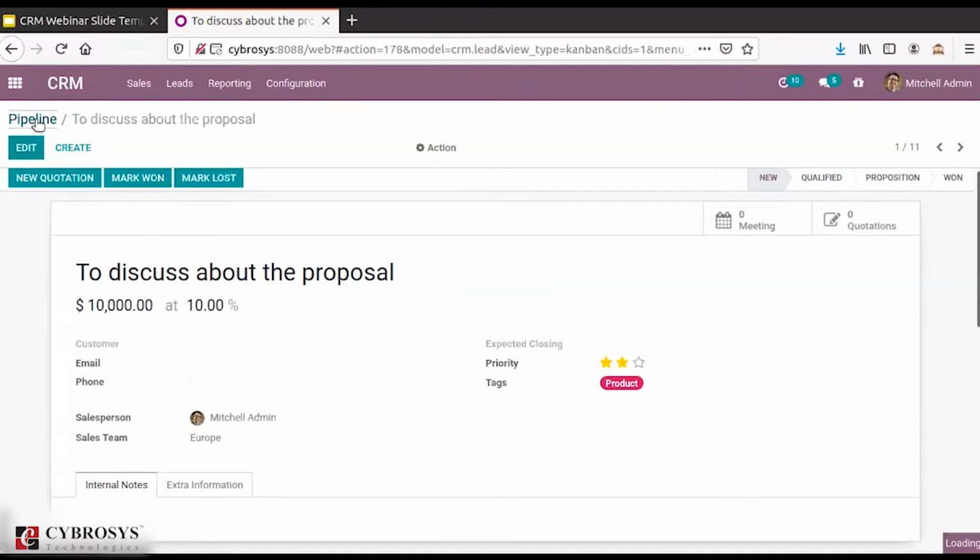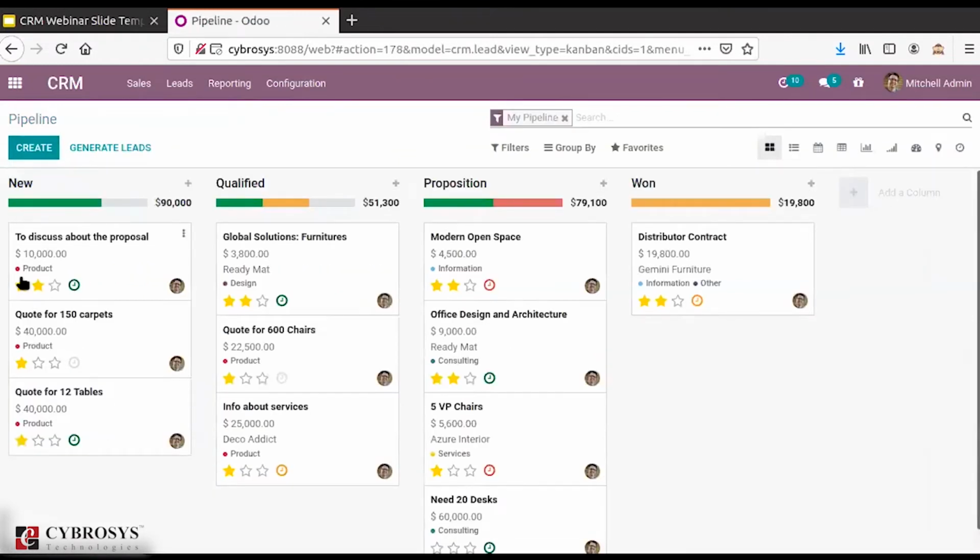When you come to the pipeline itself, since I have added the revenue, you can see the details over here. And also here you can see the different stages. Basically, these are the different stages through which you are carrying your opportunity. These stages may differ as per your company or as per your requirement.